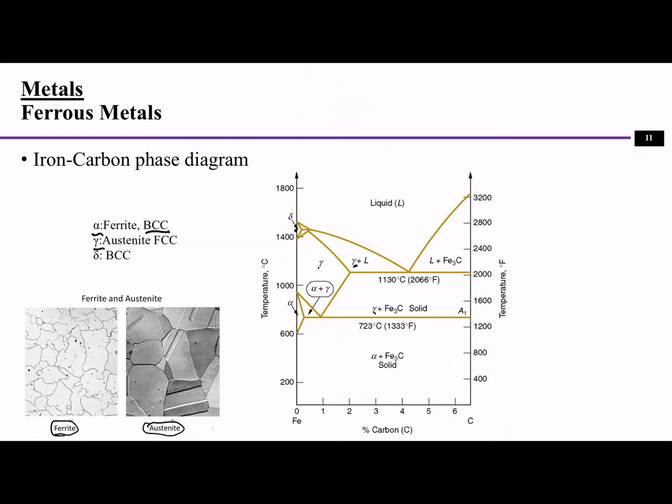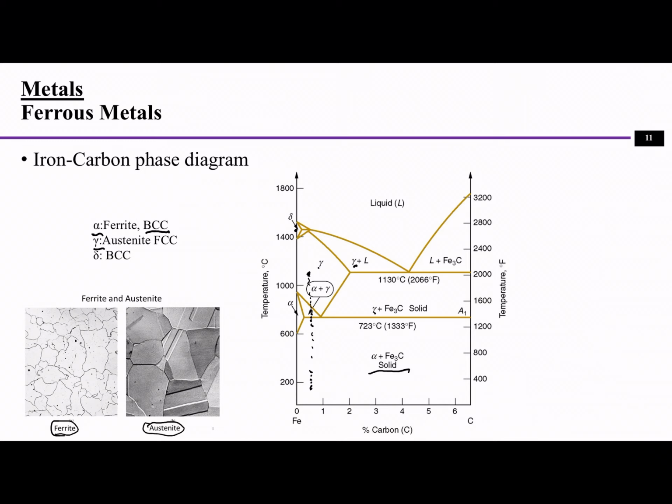For example, if we are here and we keep going up, at first we will have a mixed phase of this solid, and if it keeps going up, we'll have alpha and gamma, both the ferrite and the austenite structures. And if we keep increasing the temperature, we'll get into this gamma, which is austenite